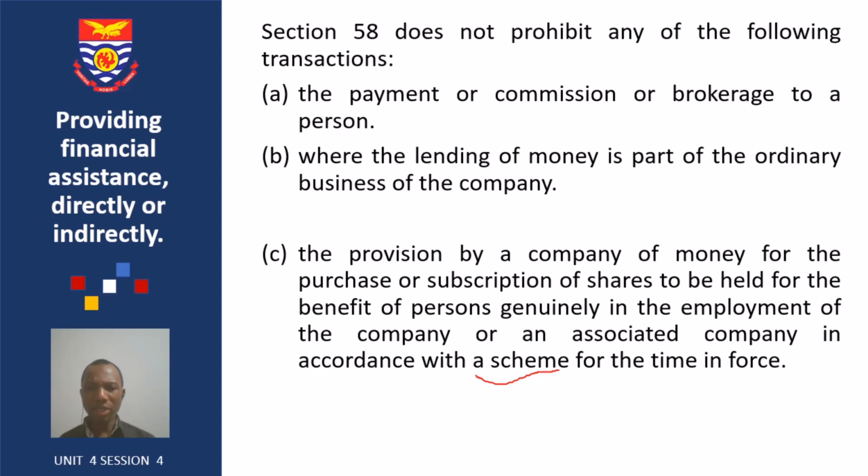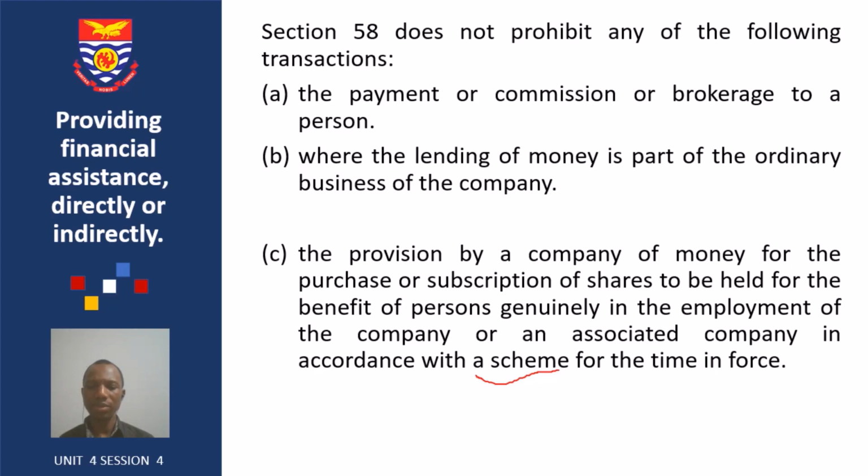The amount given are to persons who are in genuine employment of the company or associated company. And as I said, there should be a scheme arrangement in force. It means that when any of these provisions or elements I have mentioned is absent, then the company cannot provide such